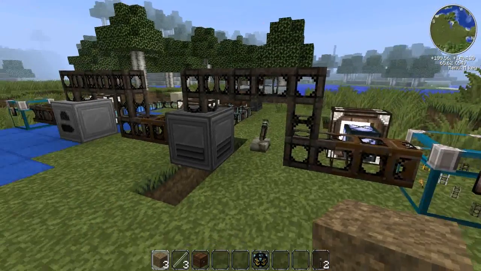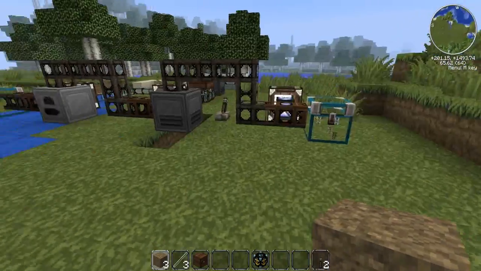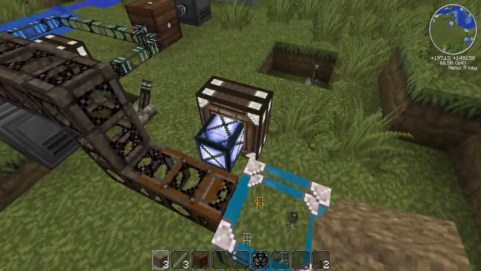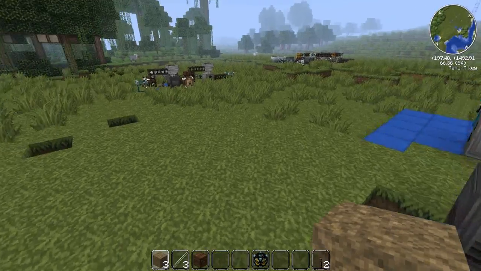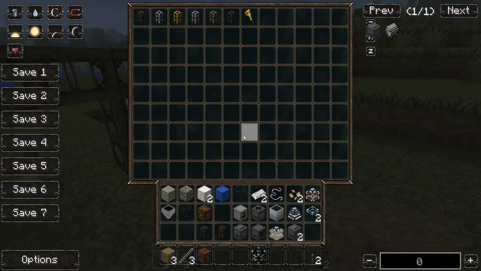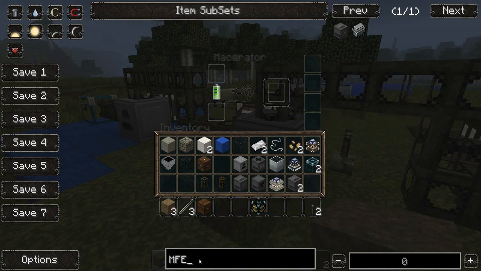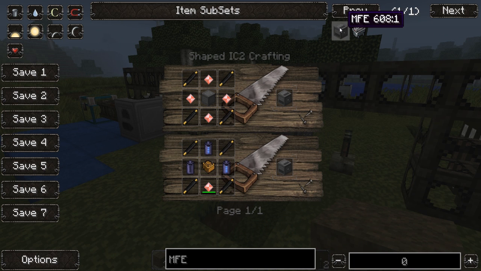Before I say anything, I'm trying a new texture pack here. It's called the John Smith texture pack or something like that. It's pretty good. Now I gotta learn what everything is again because they all look quite different, and everything's really good except some of the crafting stuff